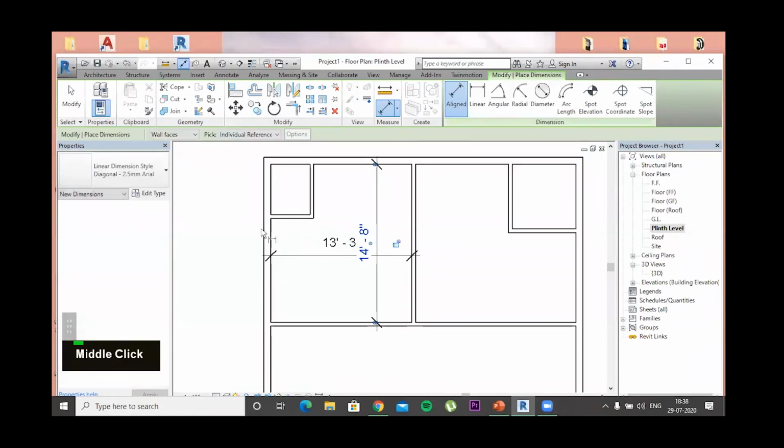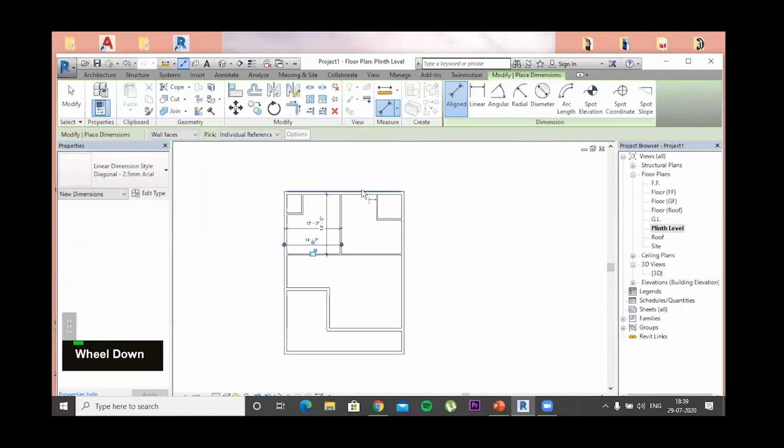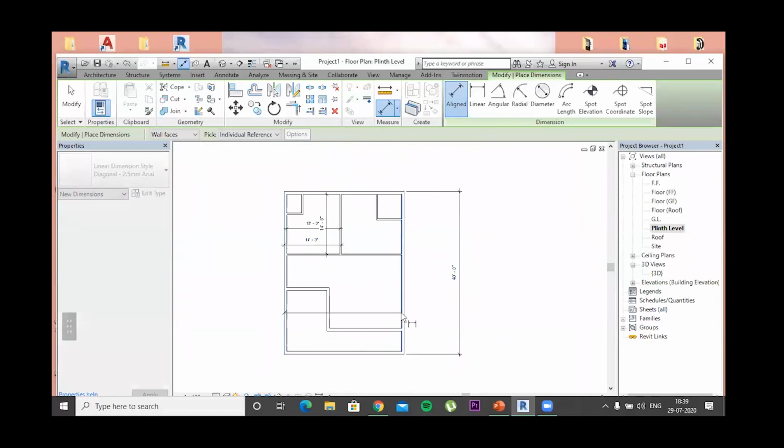Okay, even the external dimension of this particular room, including both the walls. Then I can even tell the whole length and breadth of the house which we are creating.